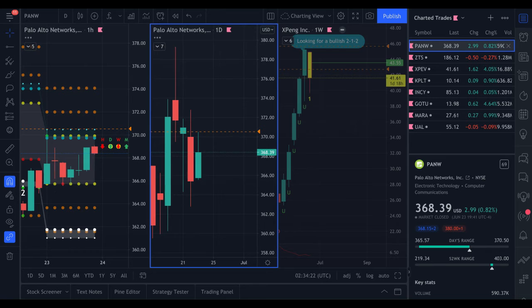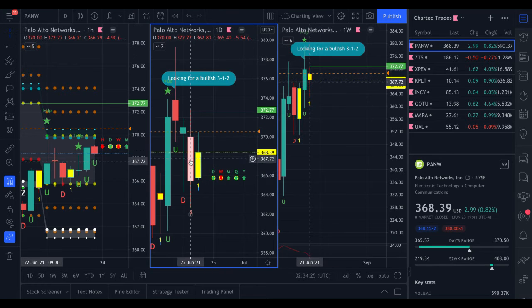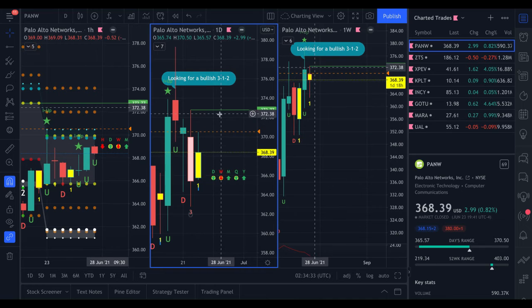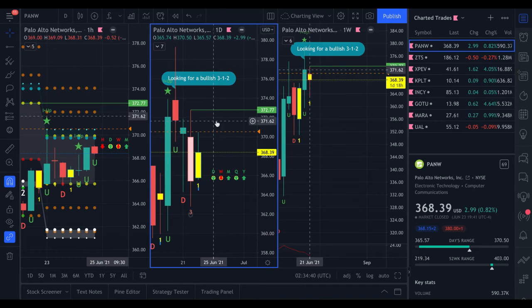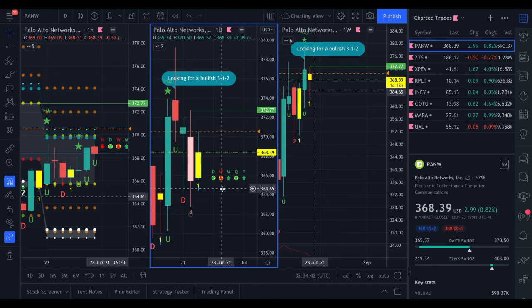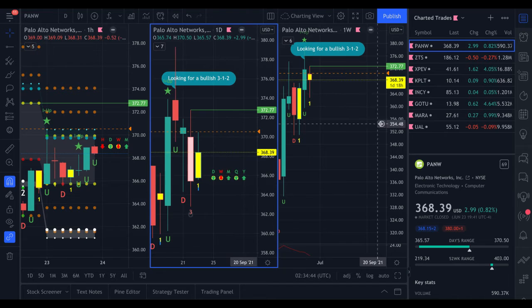But this one, it is 312, and because it is green, I can bias myself to bullish. Obviously, I'm still going to wait for my alert to go off. So when it actually triggers that 2 up is when I will go ahead and make the trade. Okay. Next up,